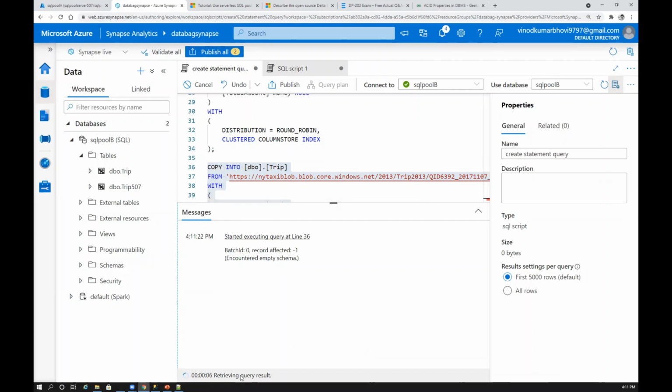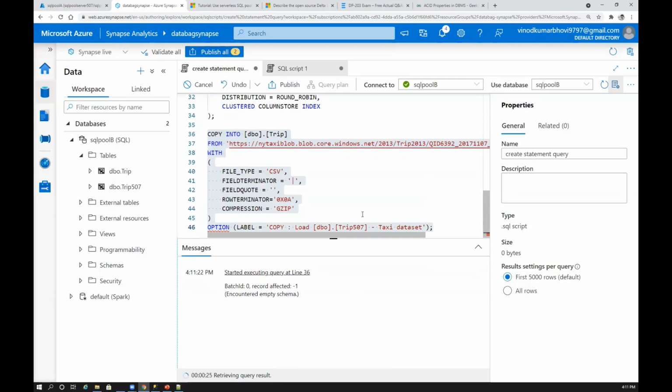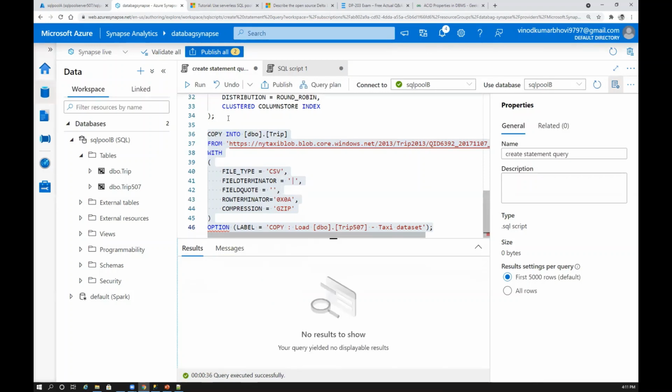This query performance completely depends on the DW units which we have selected for the SQL pool. If you have more DW units, then this query execution will be faster. If you have less, then it will take time, because it has to make a query plan, and then calculate the performance, memory and computation in the back. That's the reason it is taking time, because usually this data is huge and it has to get the data, format it, and load it. Oh, it was quick, 36 seconds, query executed, perfect.